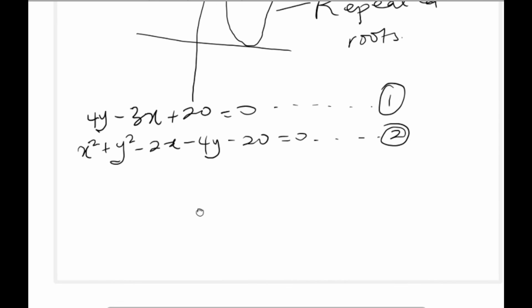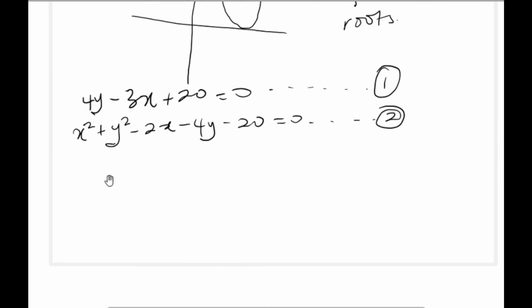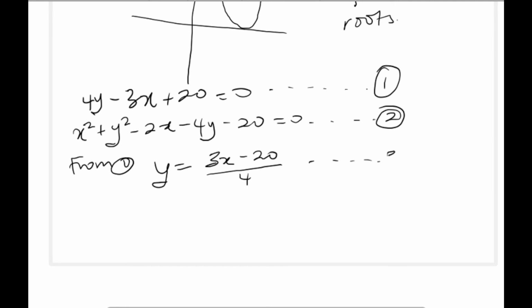Alright, so I've decided to call the equation of the line equation 1 and that of the circle equation 2. I'm going to use a substitution method just like I said earlier. From equation 1, y will be equal to 3x minus 20 all over 4, and I will call this equation 3 so that I don't keep writing it. We put equation 3 into equation 2, and that will give us